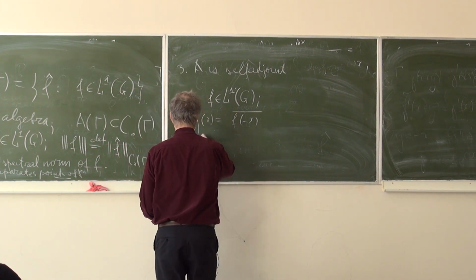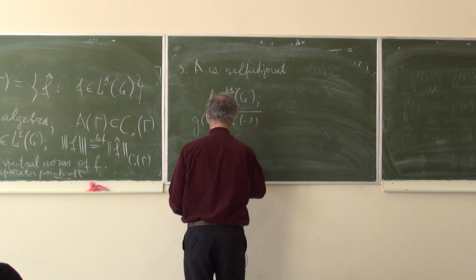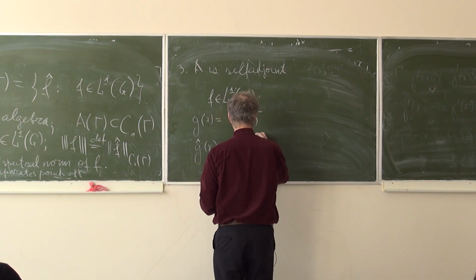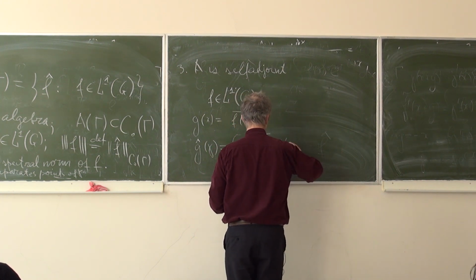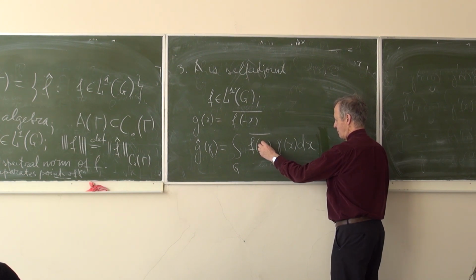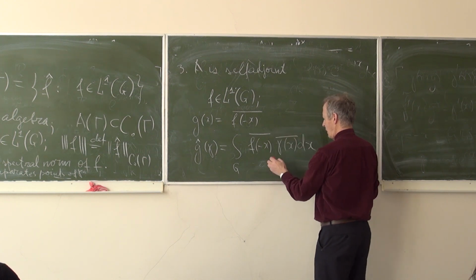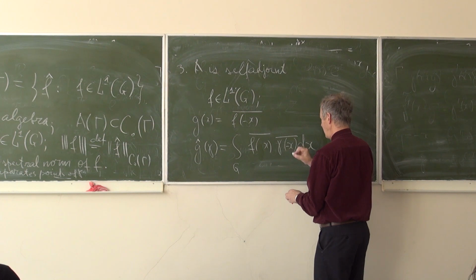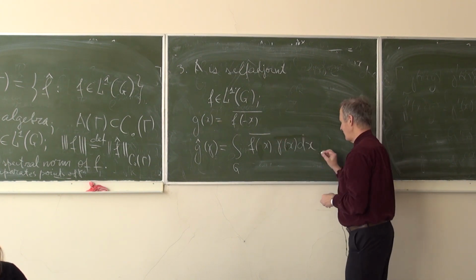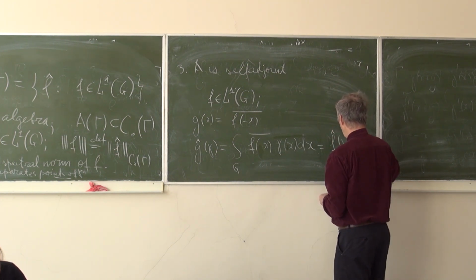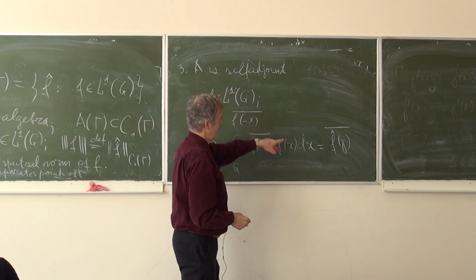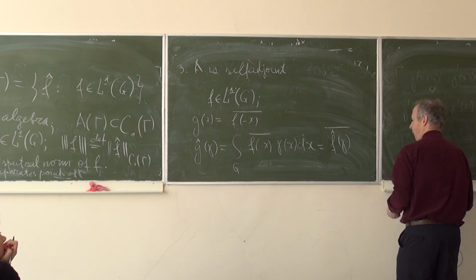Then if we take the Fourier transform of this function g, what do we obtain? This is the integral of f bar of minus x times gamma of x over the Haar measure. Then I can replace x by minus x, gamma bar. I can do this way, and this is the same. Then I can erase this minus and this bar, and after that I obtain f hat of gamma bar. So with every function, this algebra contains its complex conjugate. Consequently,